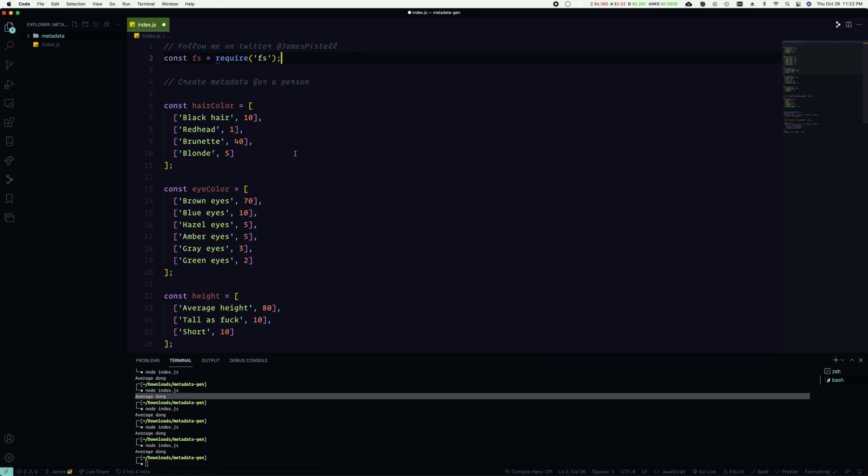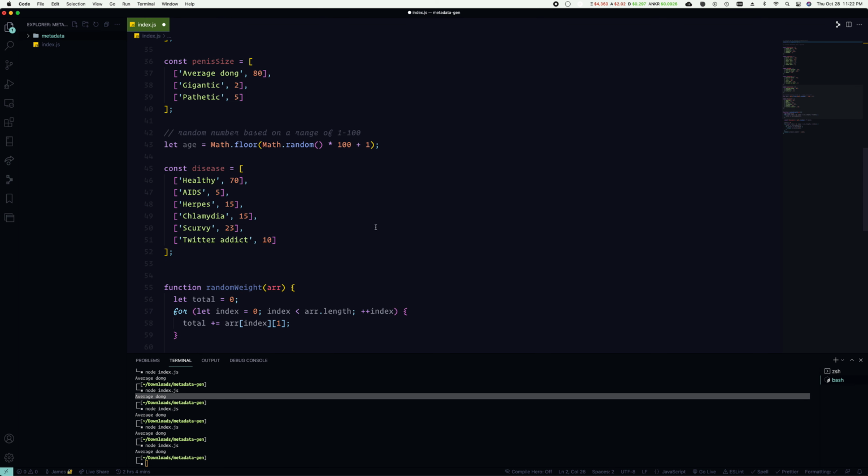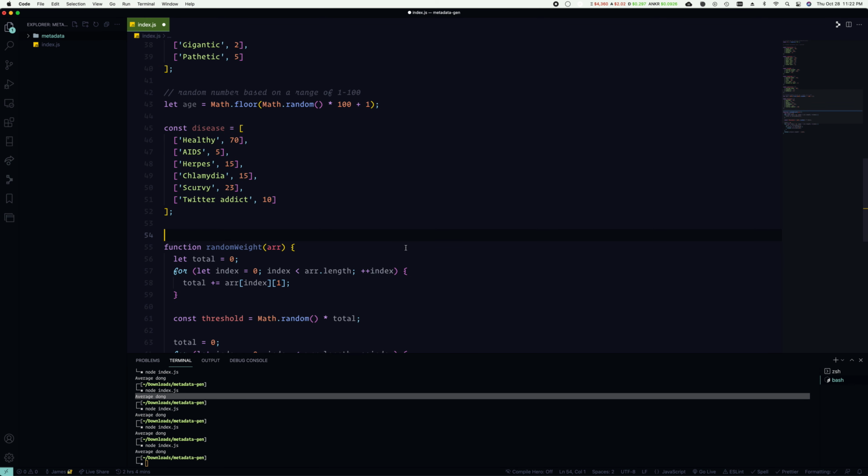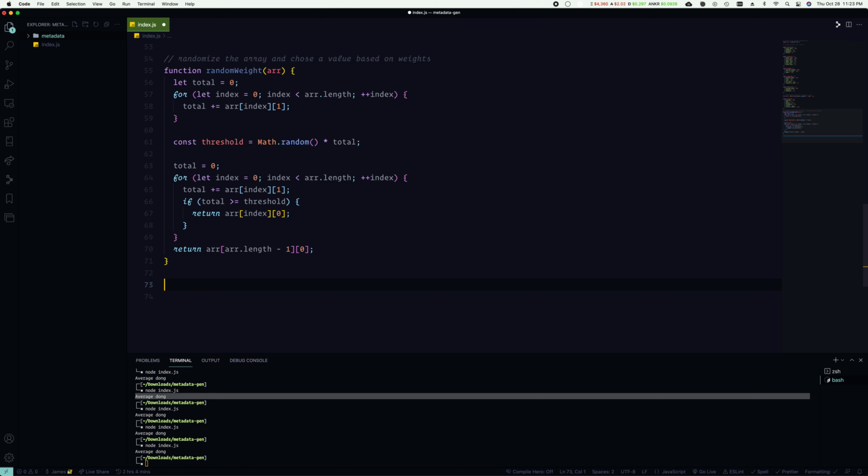It's built into Node, so don't worry about that. So randomize the array and choose a value based on weights. Okay, so let's create